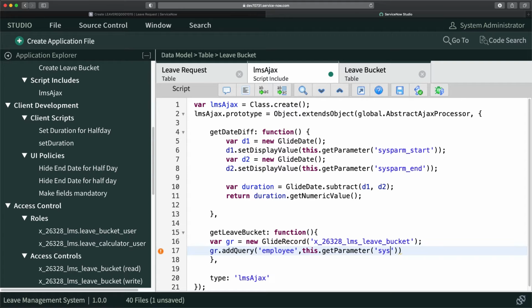So I will do sys underscore perm. I think it should not be perm. Okay, it was sys perm, and then I will do underscore, and then I will do user, because we have to fetch the user from the client. So we will send this parameter as the sys ID of the user, and then I will do semicolon, and now I will select